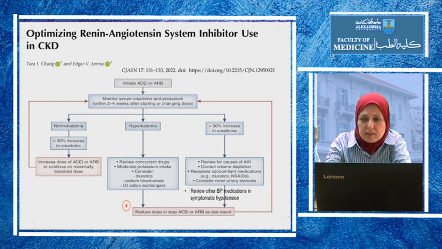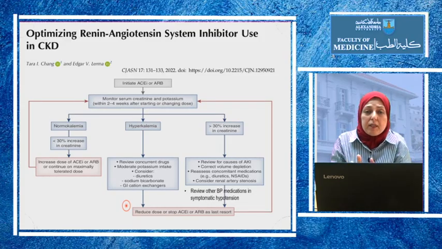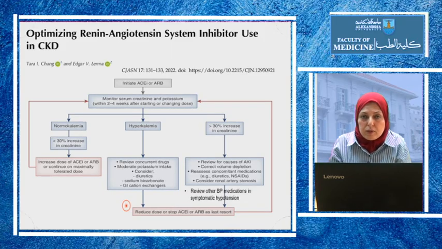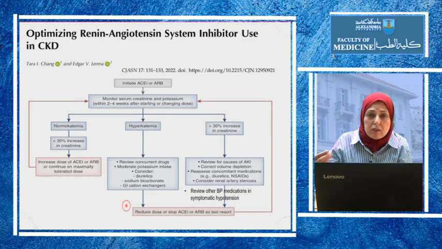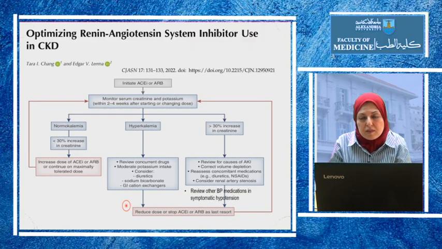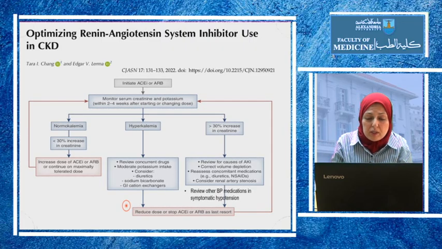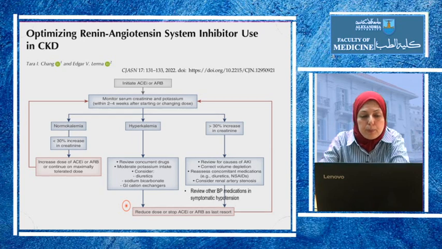Because this vasodilatation of the efferent decreases the transit time inside the glomerulus and may cause glomerular ischemia if the blood reaching the kidney is already low. And also RAS blockers eventually block aldosterone, and aldosterone is responsible for excretion of potassium. So once it is blocked, there may be hyperkalemia. So that's why we monitor creatinine and we monitor potassium.